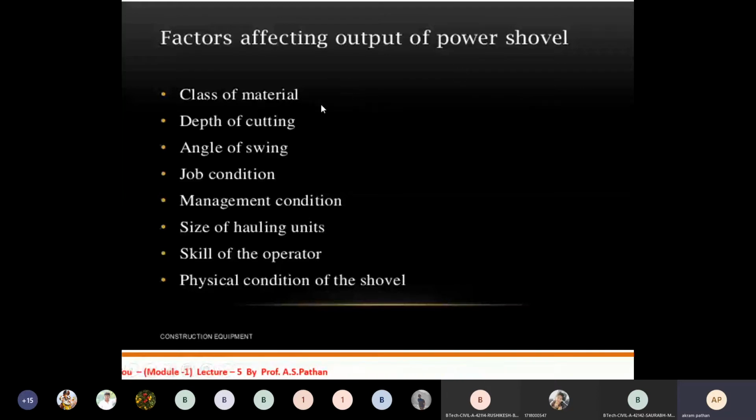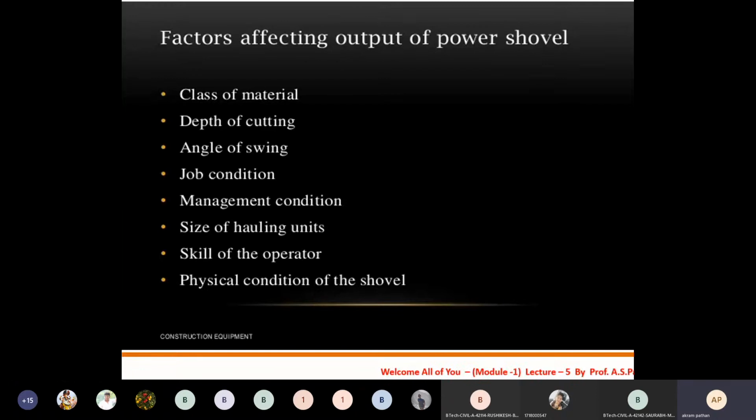So class of material is one of the factors which affect the output of the power shovel. Then depth of cutting, angle of swing, job condition, management condition, size of hauling unit, skill of the operator, and physical condition of the shovel. So these are the factors which generally affect the output of the power shovel.